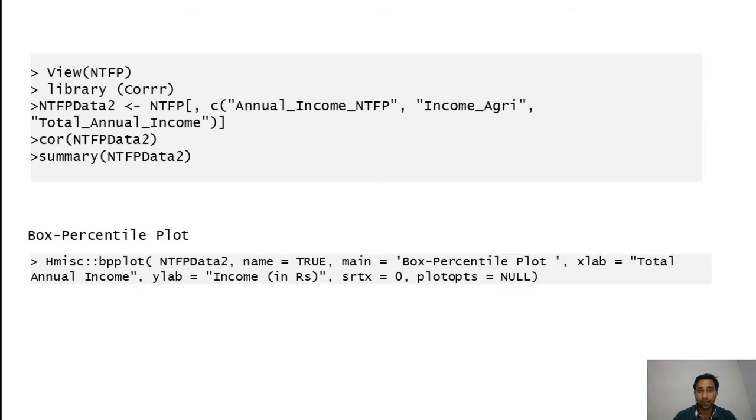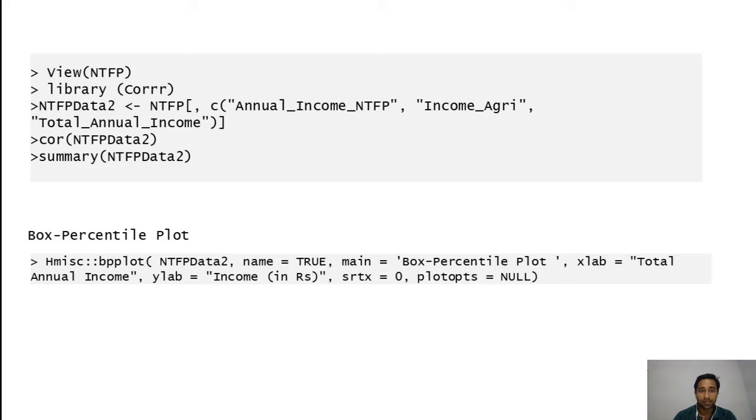By the use of this library, we can easily perform correlation in R. This is a library available in R, and you can just download it to perform the correlation.